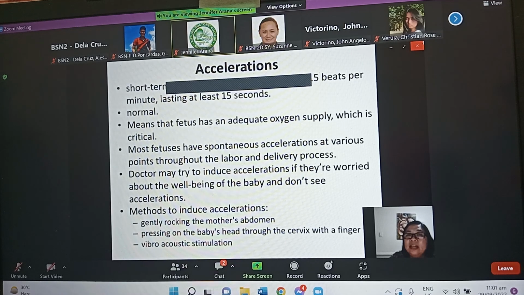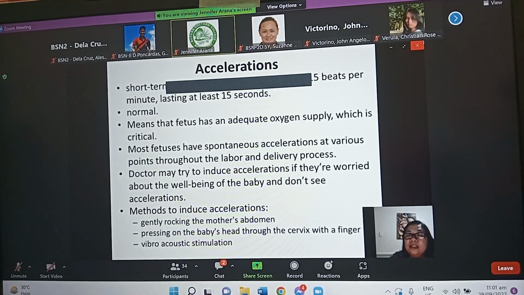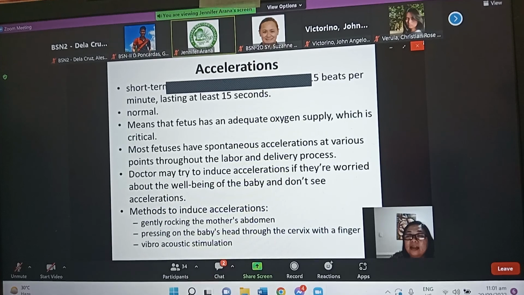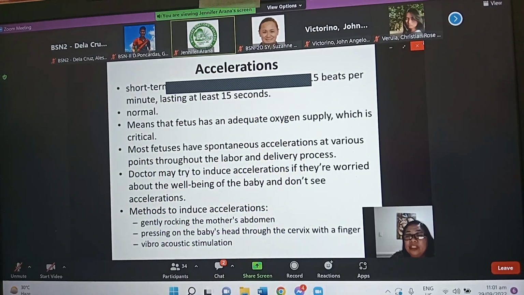Again, accelerations are short-term rises in the heart rate of at least 15 beats per minute, lasting at least 15 seconds. May paspas yung heart rate gamay. And this is normal. Acceleration means that fetus has an adequate oxygen supply, which is very critical in assessing the fetus. Or the oxygen supply is